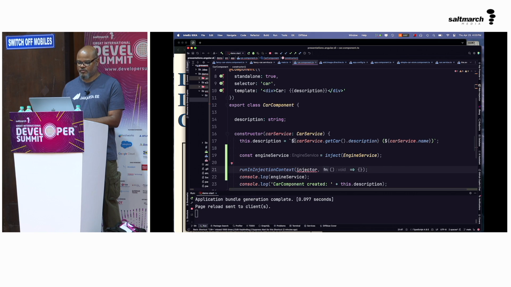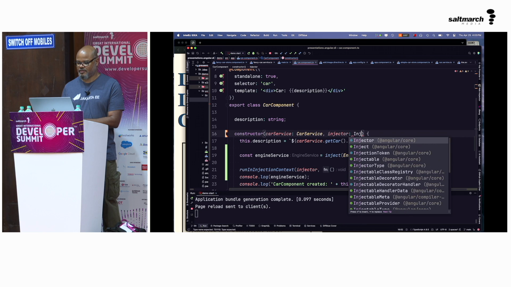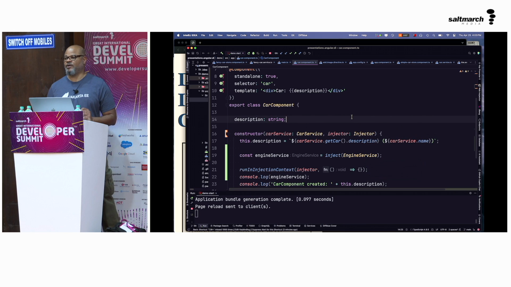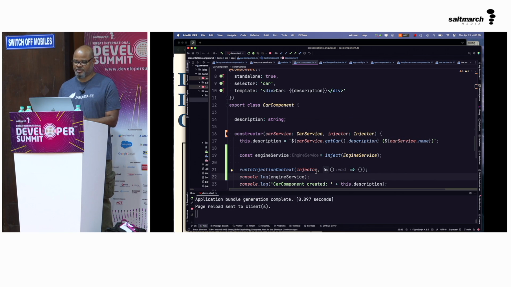Well, you can get the injector this way. I'll start writing Java again. So you can inject the injector that way too if you want to, and it just magically works. And then I could run something in the context of the injector, and then I could use inject all I want inside of the stuff I ran inside the injector context. But usually not something you have to do. So I just wanted to point that out as well.